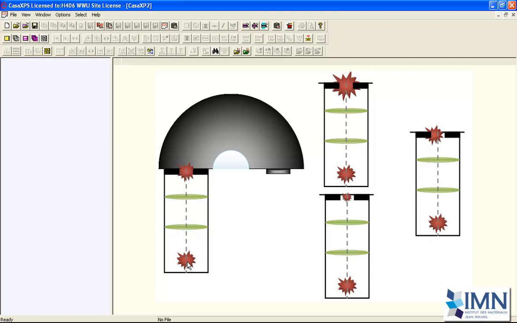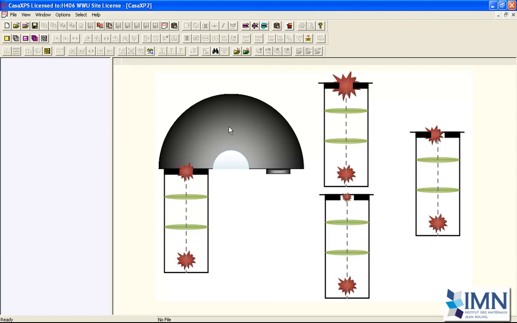So this represents a sample, and an image of the sample is transferred at a given kinetic energy through these lenses, which will actually retard the electrons for a given kinetic energy. So we're looking at a fluorine 1s that will require a different retardation than the fluorine 2s, because they're separated by about 700 electron volts. And passing through these lenses, we have to have an image of the sample that will arrive at the hemispherical analyzer, and this image will then be transferred round the hemispherical analyzer, and those electrons of the given pass energy,